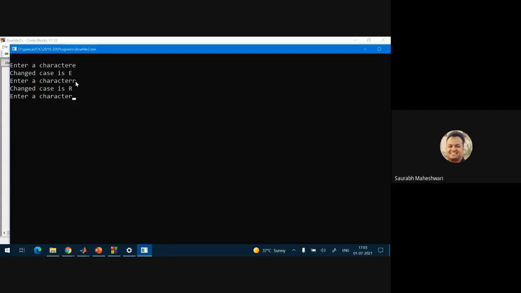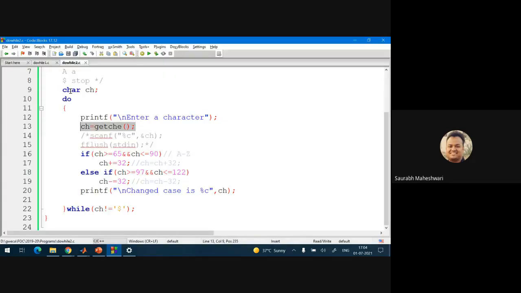I am only writing, I press r, capital R is printed automatically. I don't require to press the enter after my input as we need to do in scanf. That is not at all the case here as in scanf. Fine, so I wrote small w, capital W is printed automatically. I didn't require to press enter. Fine. And as soon as I enter dollar, it stops. So it is always preferable whenever you are entering multiple characters one after the other, you use getche. Is it okay?